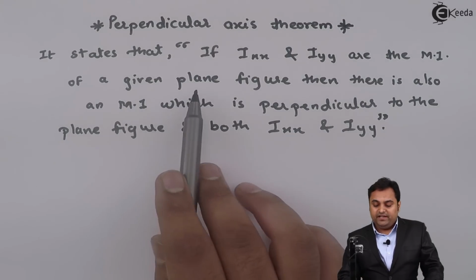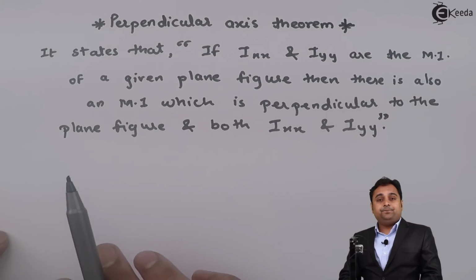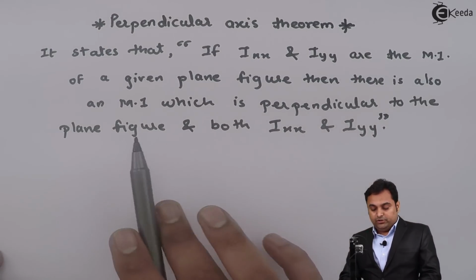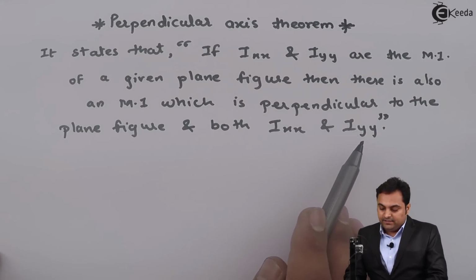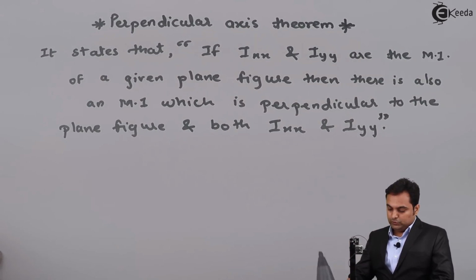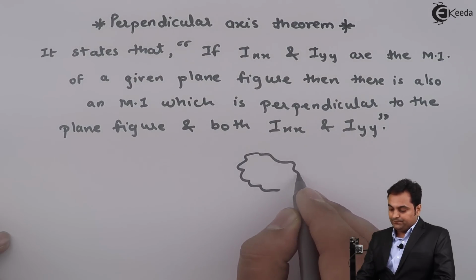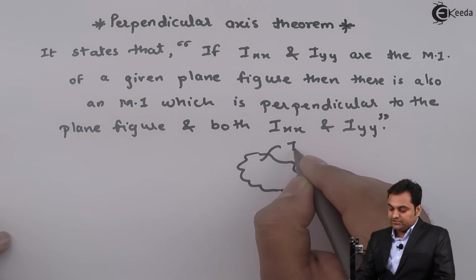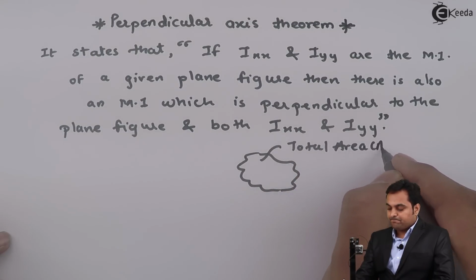of inertia of any given plane figure, then there is also an MI which is perpendicular to the plane figure, and both Ixx and Iyy. So this can also be explained with the help of a diagram, that if there is a total area capital A,